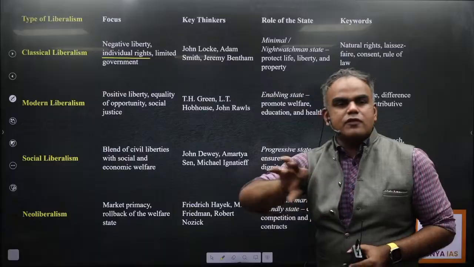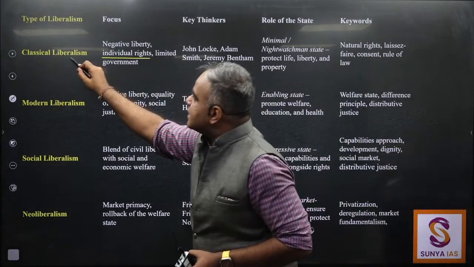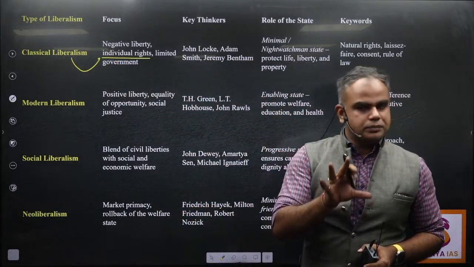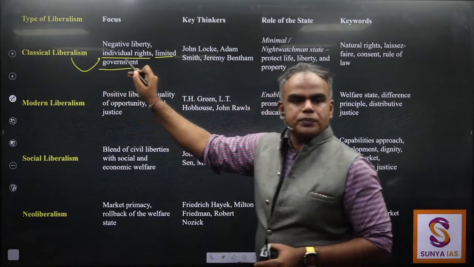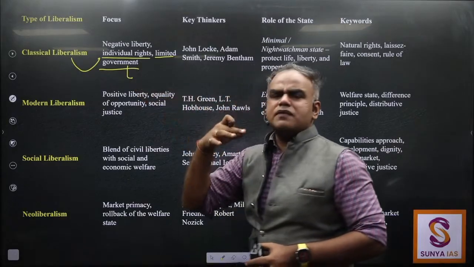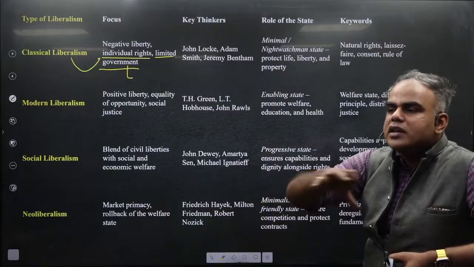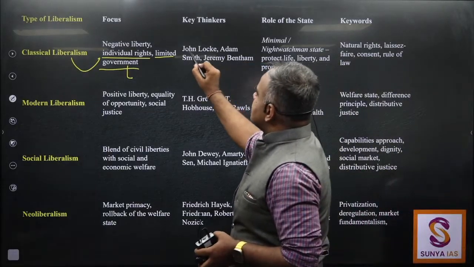They cannot be divorced, or they cannot be individual entities only. So while classical liberalism will focus on individual rights, other schools of thought will be opposing them. It will talk about limited government, yes or no? We can expand on that. If the government is not limited, there are chances of overreach. It may overstretch. Now here, of course, the prominent person being John Locke.